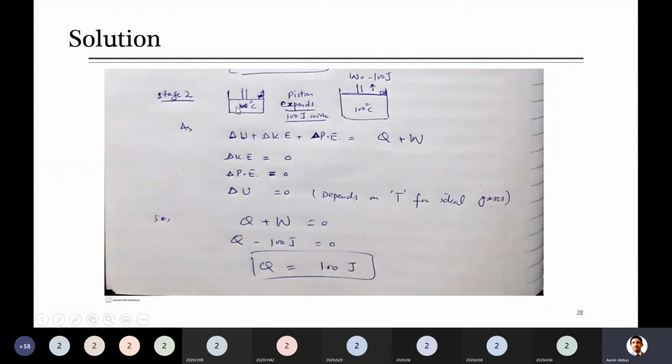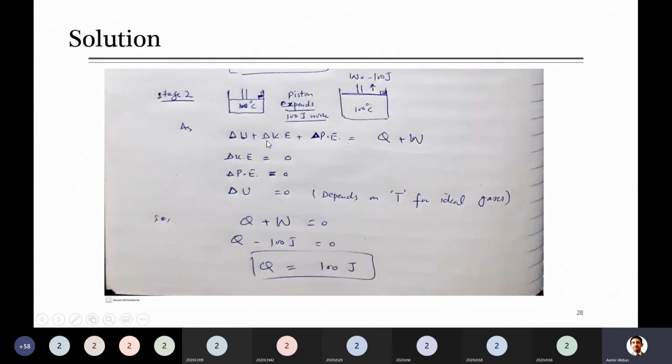and it reaches some new equilibrium position, which is also discussed in the question statement, that it expands and reaches a new equilibrium position where it will then stay. During this, he said in the question that when the gas is pushing, 100 joule of work is done by this gas on the piston. This was told in the question. So now when we write the equation for this overall system, this was the equation again.